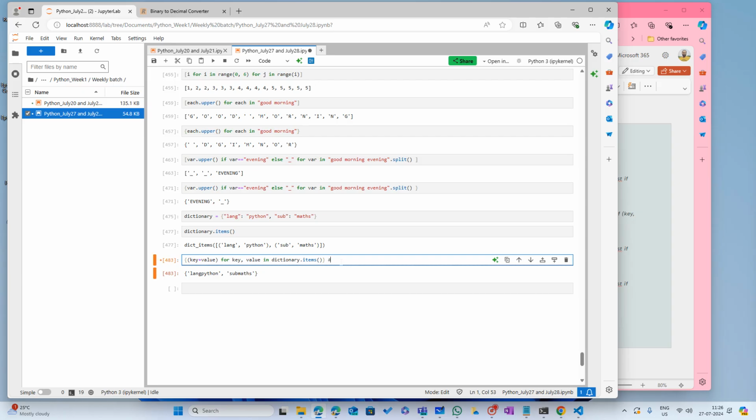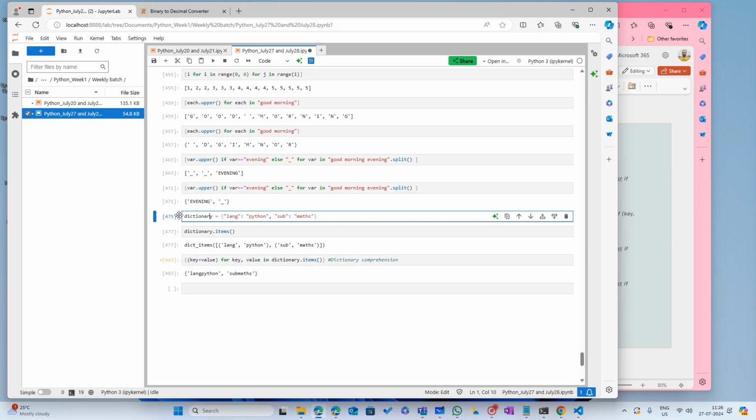Sorry, Sadiq. Actually, I lost my network. That's why I didn't get it. Can you please explain again? Sure. Dictionary comprehension means, see, if you notice, this is a dictionary, and when you type dictionary dot items,